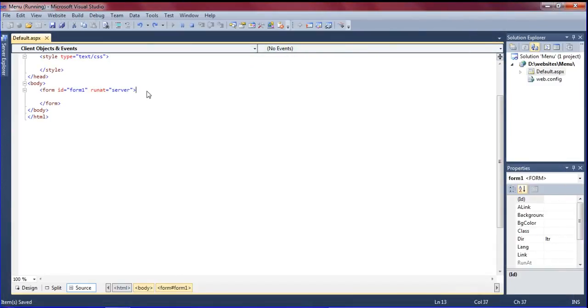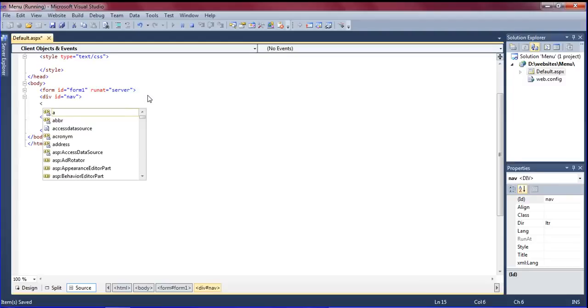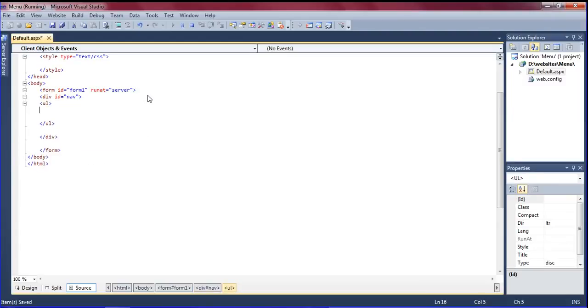First, I'm going to create a div tag like this one. I'm just giving an ID as nav. In that, I'm going to create another list, the list items, in that anchor tag href. The anchor tag is first giving a home